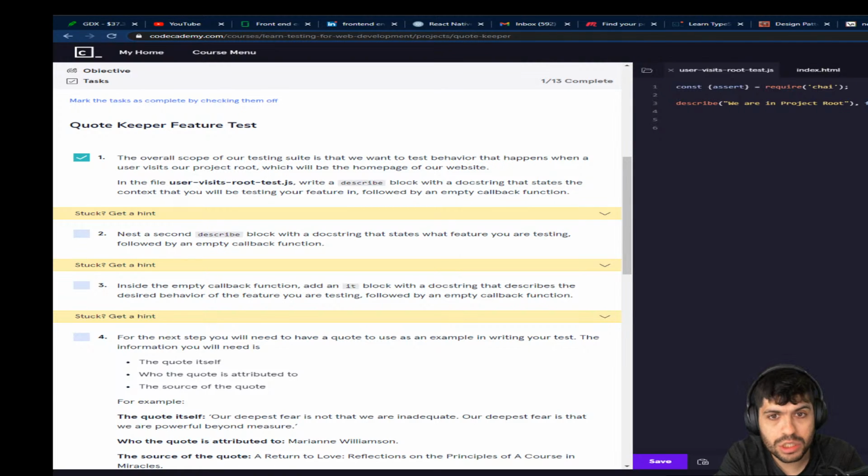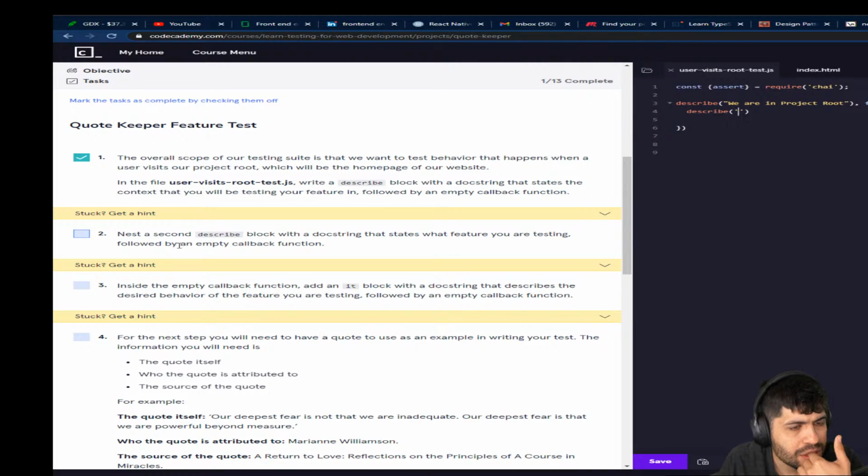I'm gonna do function, because I think that's correct. But wait. Okay, function, next a second script. I wonder if I could just do that as an arrow function, but